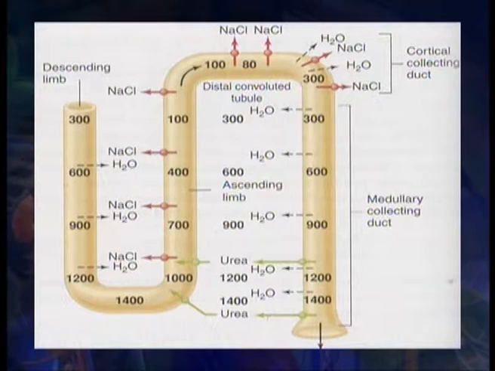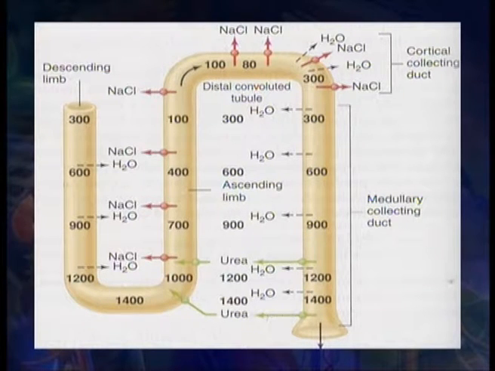The descending limb of loop of Henle is very permeable to water, but impermeable to solutes except urea. Because the osmolarity of the interstitial fluid outside the descending limb is higher than the tubular fluid within it, water moves out of the descending limb via osmosis. This increases the osmolarity of the tubular fluid. As the fluid continues along the descending limb, its osmolarity increases even more. At the hairpin turn of the loop, the osmolarity can be as high as 1200 milliosmol per liter in juxtamedullary